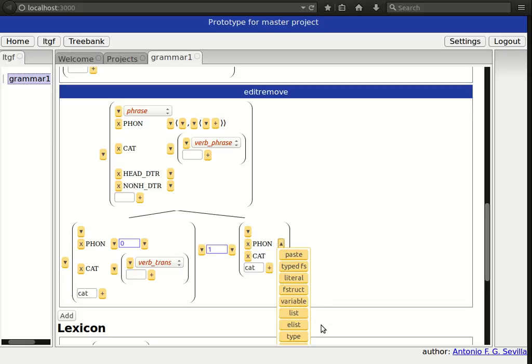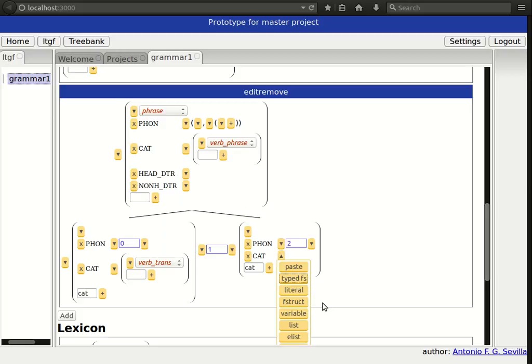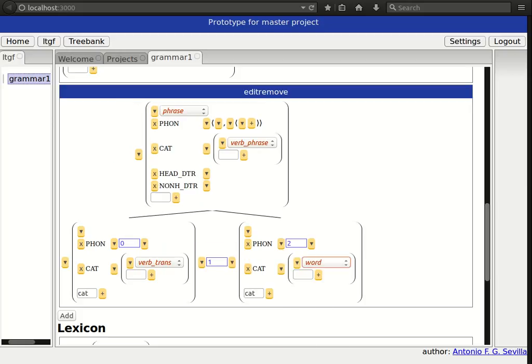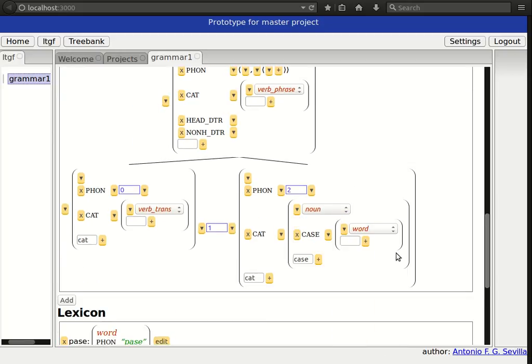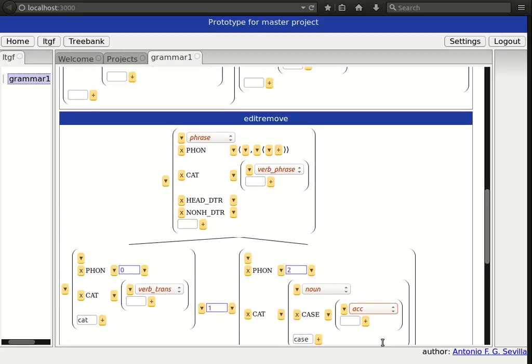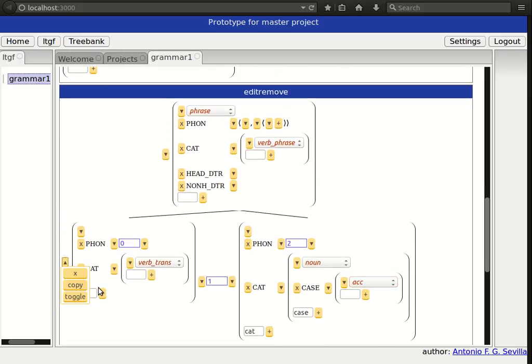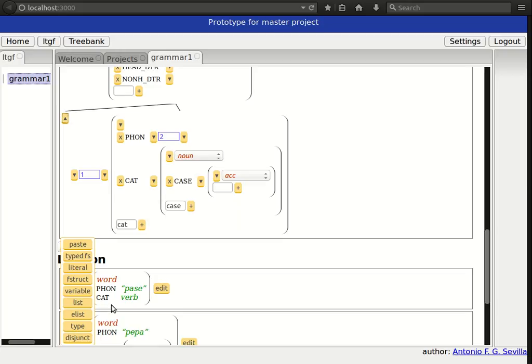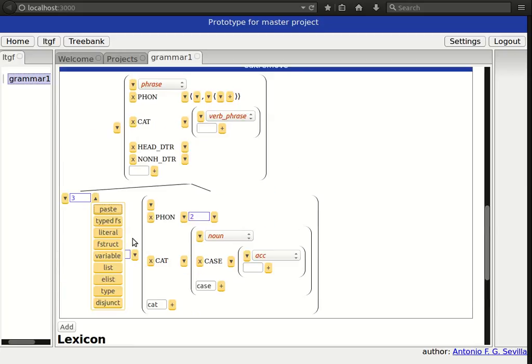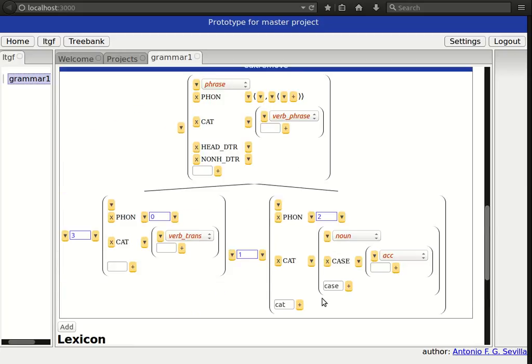We capture the phone, and the cat, in this case, is a noun because it's a direct object, and it has a case, an accusative case, because that's what the case for direct objects usually is. So we have it here. Let's turn this into a variable again by using the trick. Copy, remove, it went here, variable, and paste. Okay, we now have the two daughters,